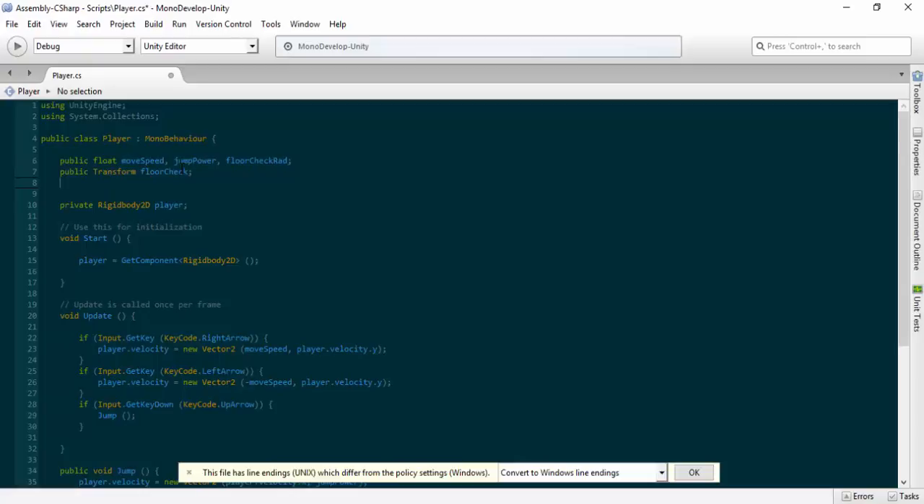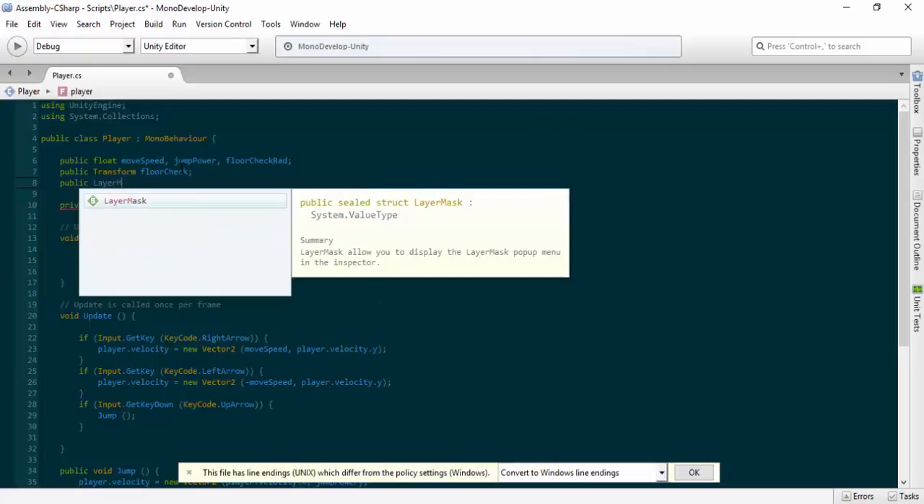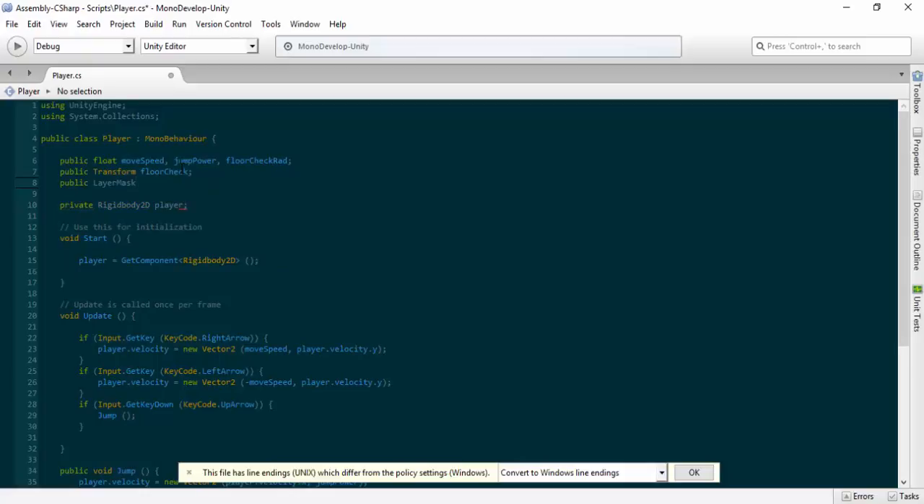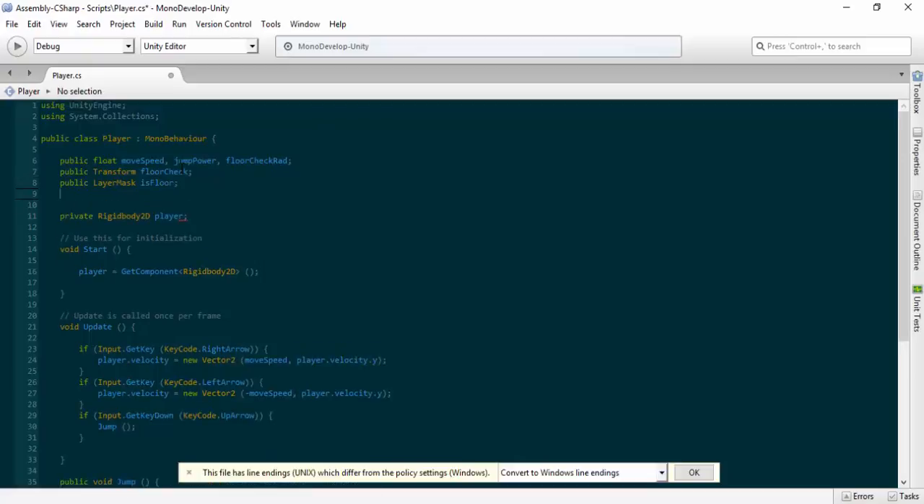I'm going to drop that down here, and I'm going to put in what's called a layer mask, and basically it's going to give the information of all the layers that I've got in my game. So we haven't changed any layers yet, so we will do it afterwards when it comes to explaining it a bit better. And I'm just going to call this is floor,